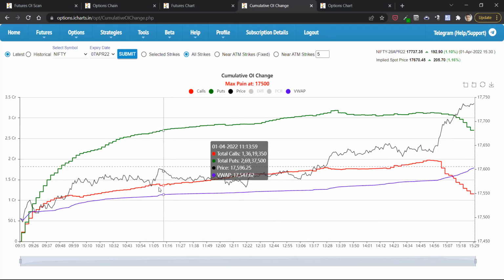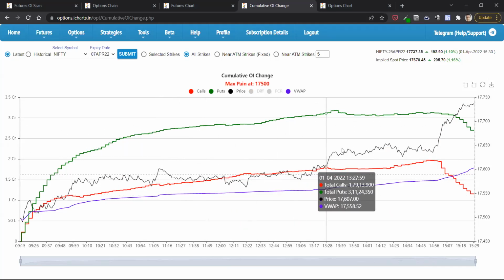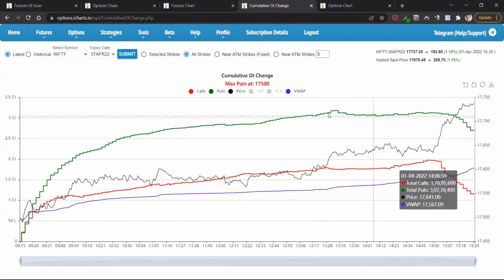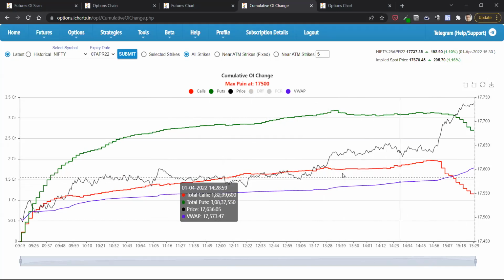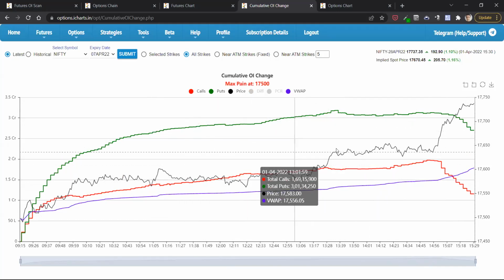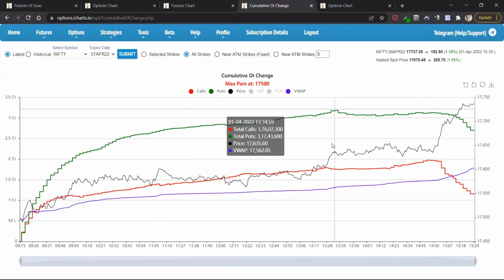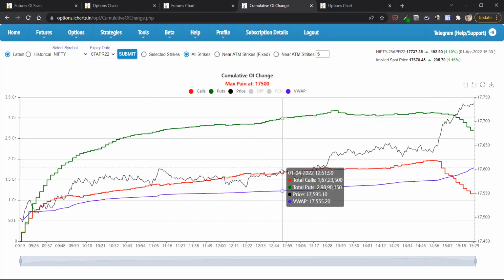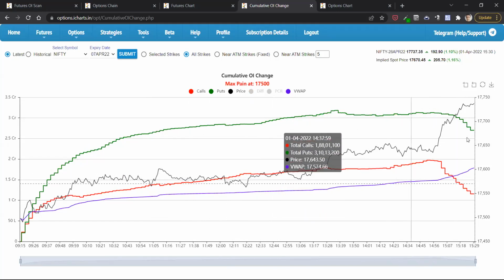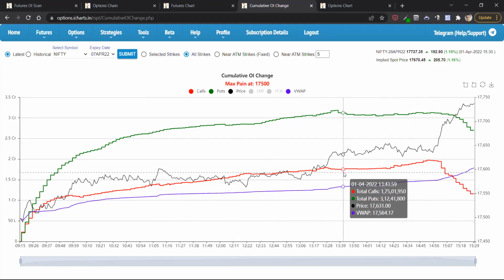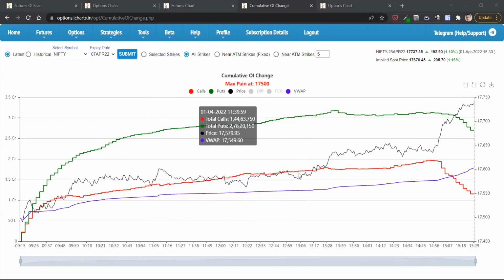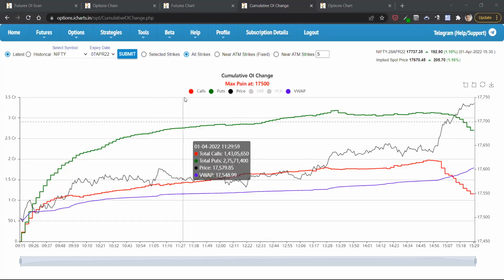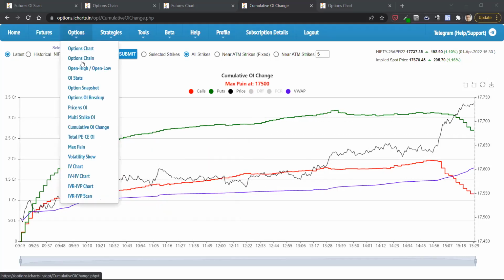If you see, the difference between these two lines is the same for the rest of the day. So it just says that equally, though put side OI is getting added, call side also is getting added. So it is mostly neutral over here. Since this is mostly above, the put OI is greater than the call side OI, so it is bullish as of now. That is what this indicates. So this is another one. You need not monitor all these tools. You can keep an eye on one of them. Similarly, the third one is